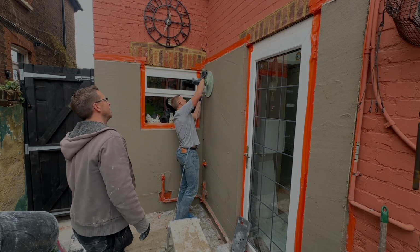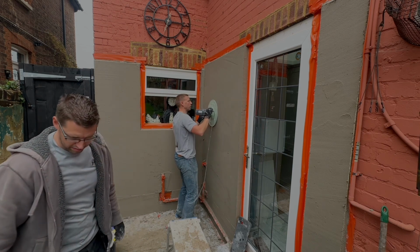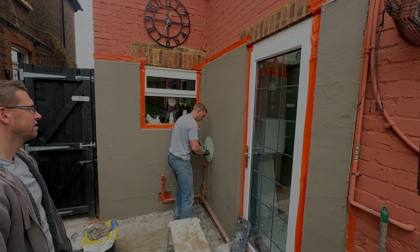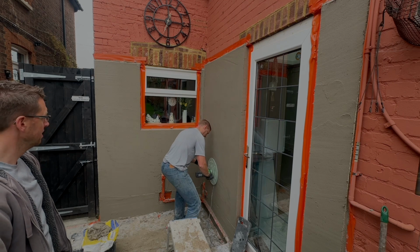And then this is the next day, jump forward, had a slight camera malfunction, so we basically put on another coat, cleaned it all off, and jumped straight to me floating it up there. So it's actually a little bit on the wet side at the moment, so I'm just giving a quick once over. It's had a roll off,